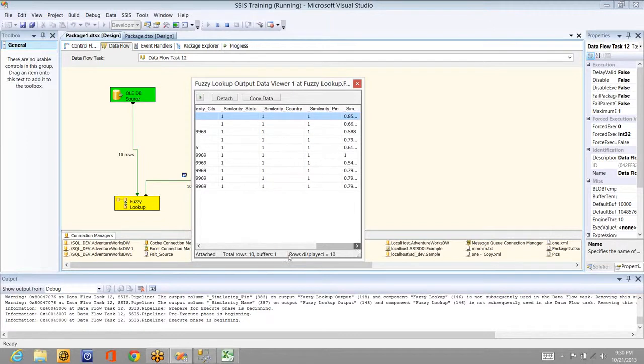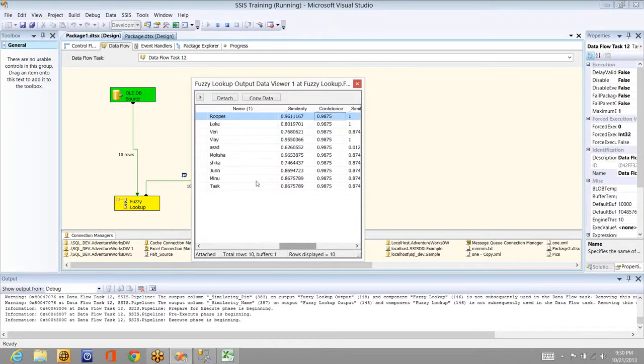If it is very similar, like 80% or 90%, it gives you the percentage of how similar it is. Based on this percentage, you can take a call whether it's a correct record or not. If it is only 10% similar, it is not the matching one. If it is 96% similar, then it's a matching one. You can set a condition, like if it is greater than 75%, then treat it as a similar record.